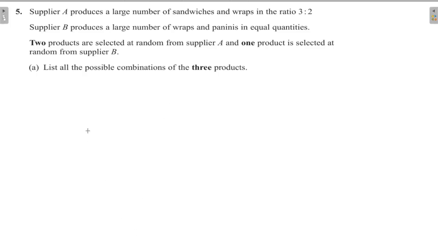The condition is: supplier A produces sandwiches and wraps, supplier B produces wraps and paninis. So here there are three products. The condition is two products from A and one product from B. So the possible combinations are